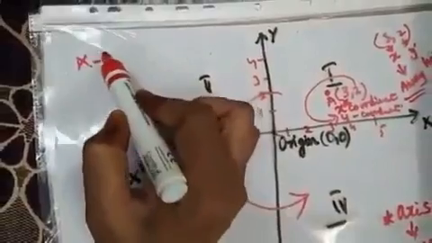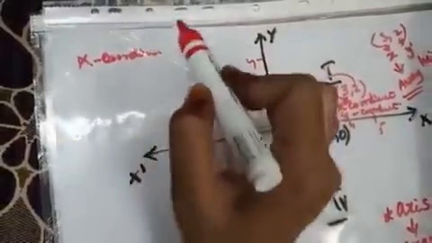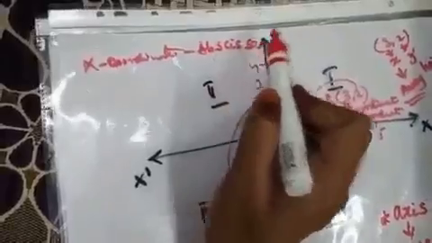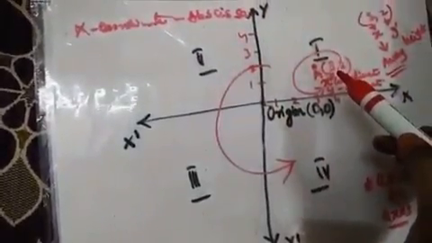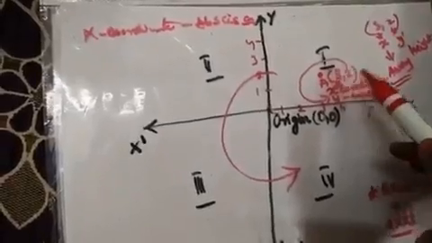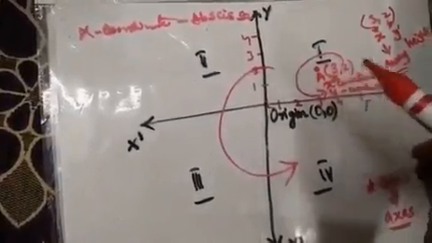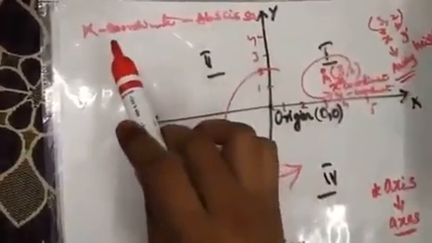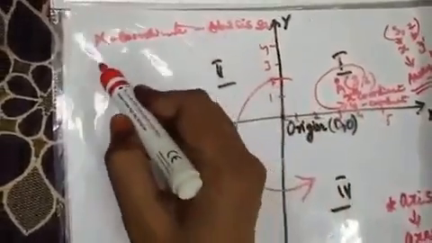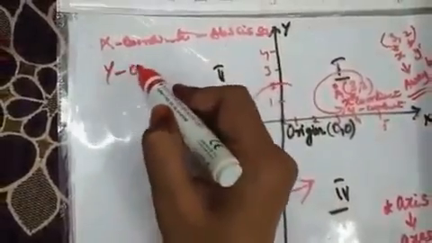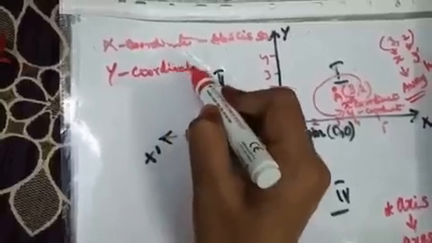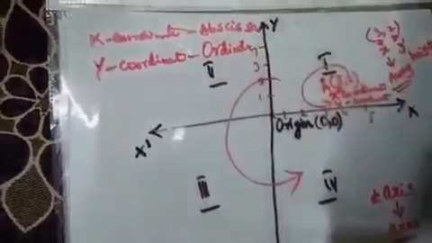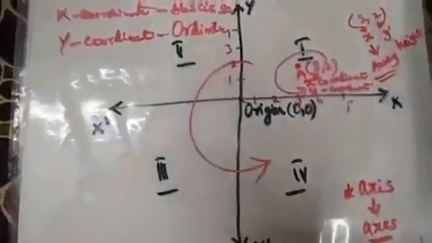For example, x coordinates are also called abscissa. Here I can say, what is the abscissa for point A? So you should say it's 3. Or the other way, I can ask you, what is the x coordinate of point A? You have to say 3 only. So there are 2 names for x coordinate. Similarly for y coordinate, the second name is ordinate. So this was just a small recap from your class 9.